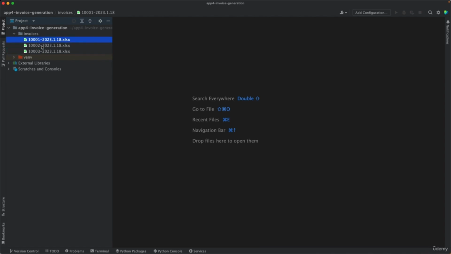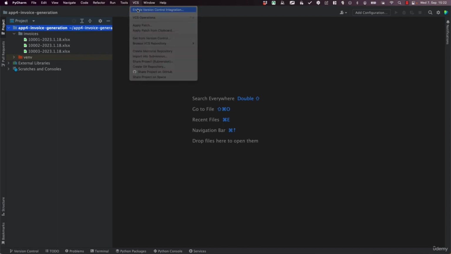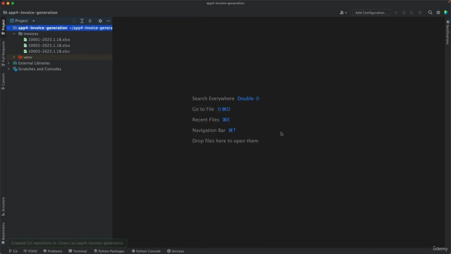So one PDF file for each Excel file. That's what we're going to do. And for that, we're going to do data processing and use for loops. So that will reinforce your core Python skills. Yeah, let's do this. Once you do that, then you want to enable version control, VCS, enable version control, git,